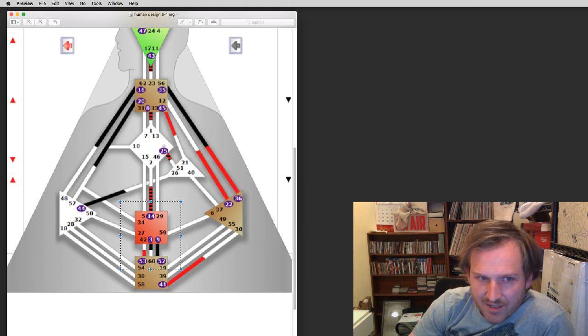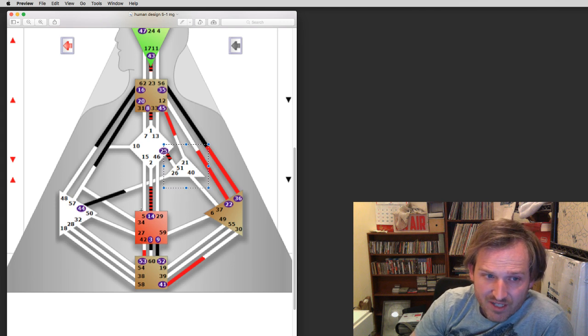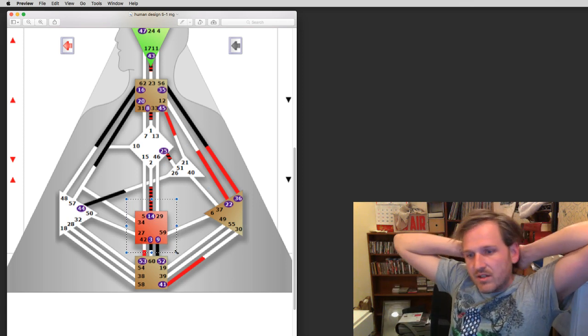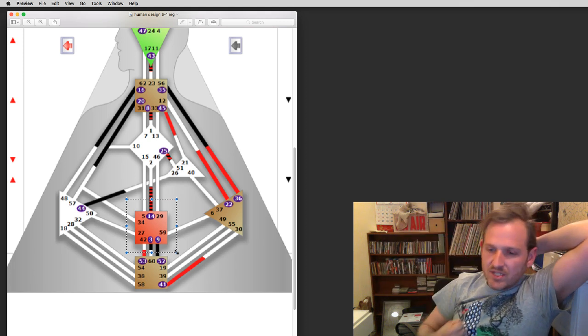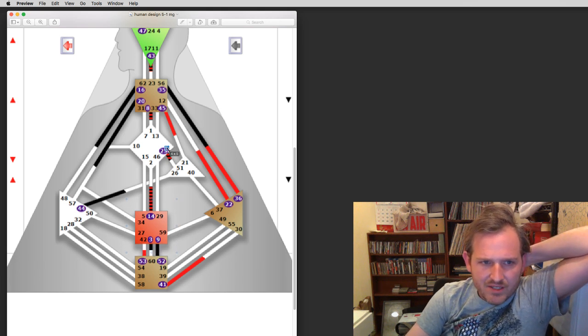But instead, they make promises, especially with undefined ego. And they try to use willpower. And willpower is so different. The reason a generator will quit is because their sacral is not engaged. They didn't really want to do it. If you ask them, do you really want to do this? They didn't actually have that true sacral, I really want to do that. Instead, what they have is the undefined ego,